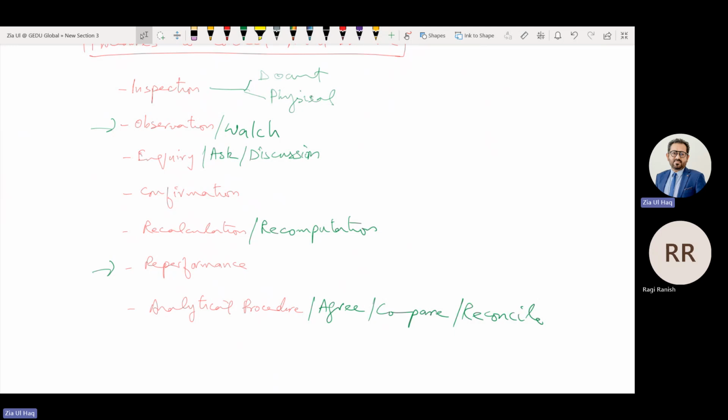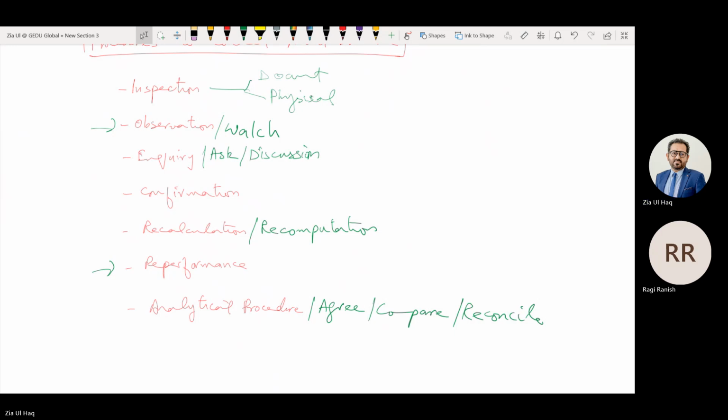These are the procedures. And after performing these procedures, what we have in the working paper that we can show to the world, this is evidence. Evidence means documents, copies that we have in the working paper. Recording of the procedure performed, notes of the procedure performed.